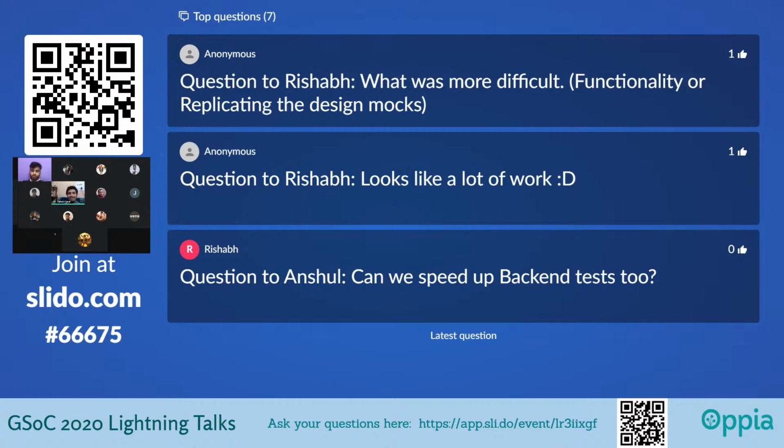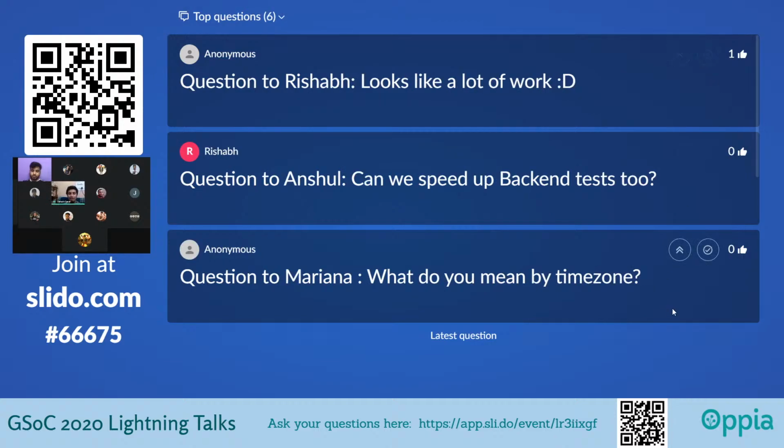Yeah, it is a lot of work, and a lot of work I have not put in the presentation, otherwise it would get a bit too big. I have not provided all the features that I created, and I've also not included the mobile mocks or the responsive screenshots. So yeah, a lot of work.